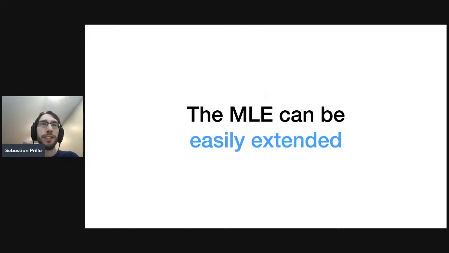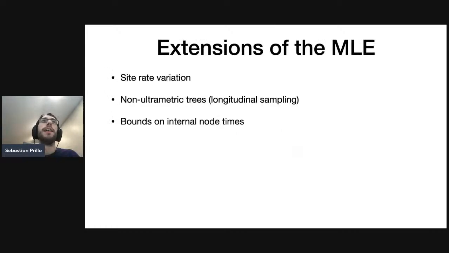So one last thing I want to mention, which I think is also really important and a really nice aspect of this MLE, is that it can be really easily extended, because this boils down to a convex optimization problem. It means that it's trivial to extend in many different directions. So, site rate variation. This is one that we're currently exploring. There's tons of work in statistical phylogenetics on how site rate variation matters and how to deal with it. For example,